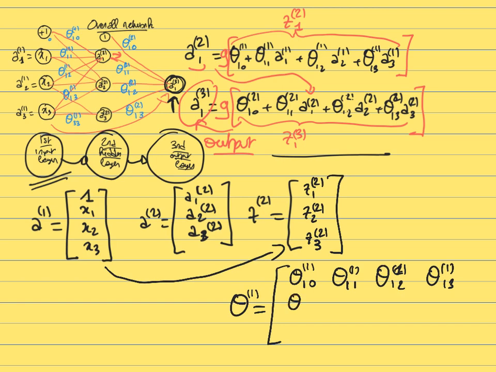Then on the second line, we are going to put the theta of the first layer that governs how the bias number 0 is connected to now the second neuron of the second layer, etc. So theta 1, which is going to be governing how the first neuron of the first layer is connected to the second neuron of the second layer, etc. So you're just going to put all the weights that govern connections between all the pairs of neurons between layer number 1 and layer number 2.